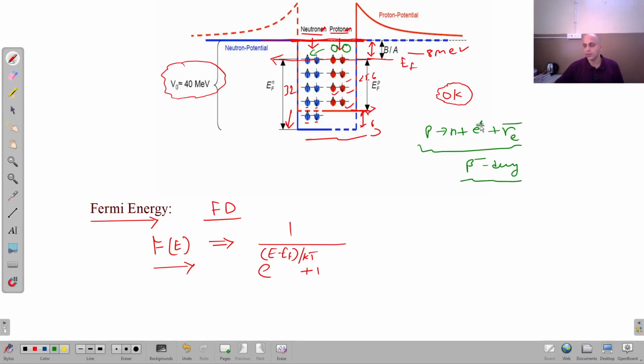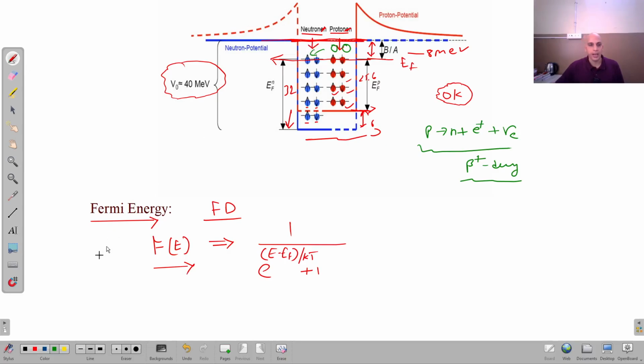Sorry, positron, I was wrong. A proton converts into a neutron plus a positron plus a neutrino associated with the electron. Sorry for that. So in beta positive decay, the proton will go down toward this side, and if the number of neutrons is higher,